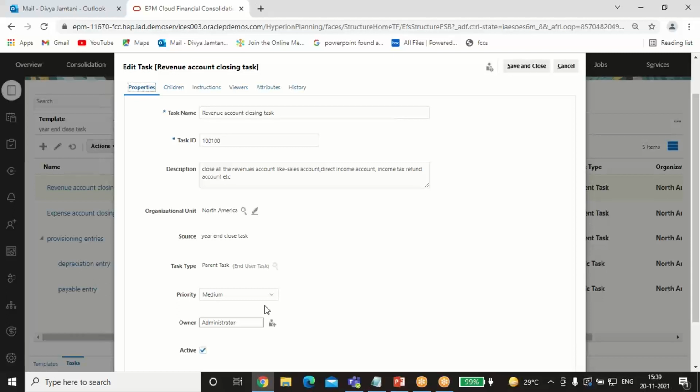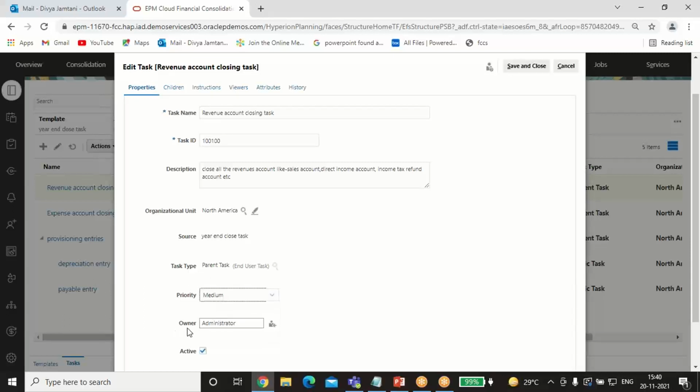Second one is the integration task. It means it includes the application component you need to perform the task, for example, a data form which is embedded in the task dialog box. Third is the basic task. These are the tasks that do not have any children and do not have any integration. And under priority you can select a priority for the task. I have selected medium as my priority.